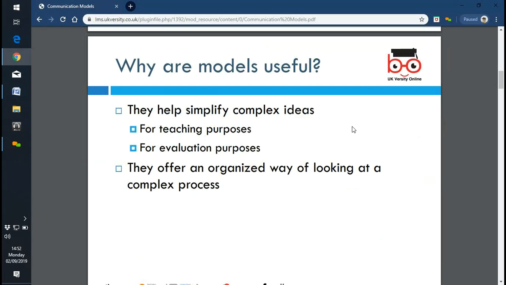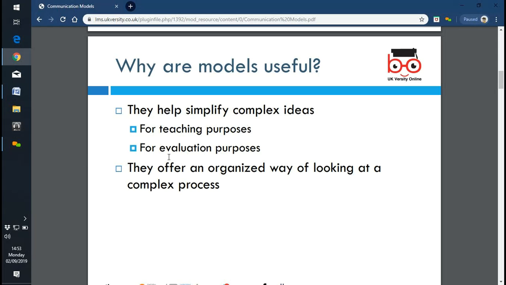Why are they useful? They help to simplify complex ideas. For instance, in another life, I was a mechanical engineer. We used to use algorithms, which are diagrams saying, if this works, it must be that, or if that works, it doesn't work, it must be this. It was to save having loads and loads of text to read through, and you could work simply on very complex ideas, and you could look at them very quickly and understand them.